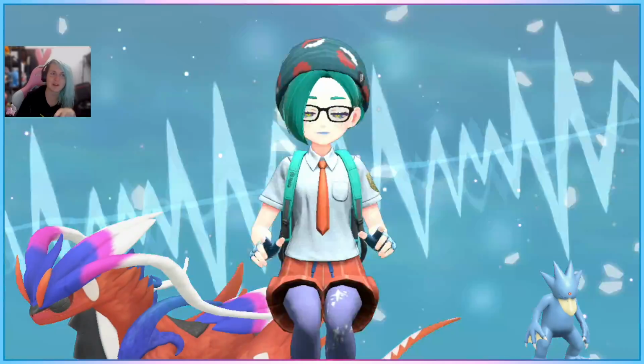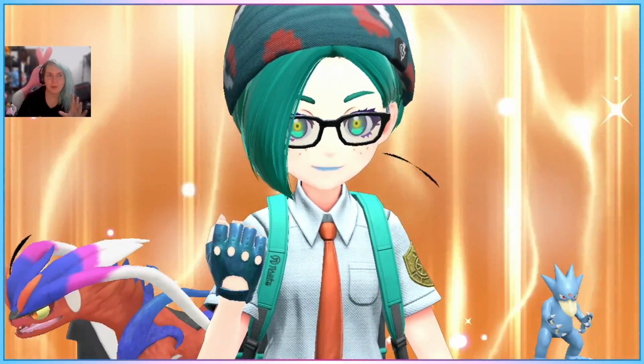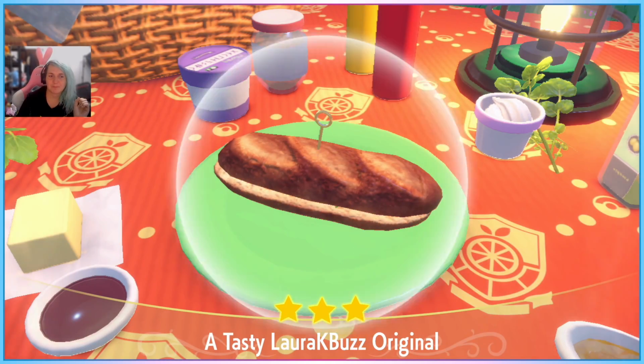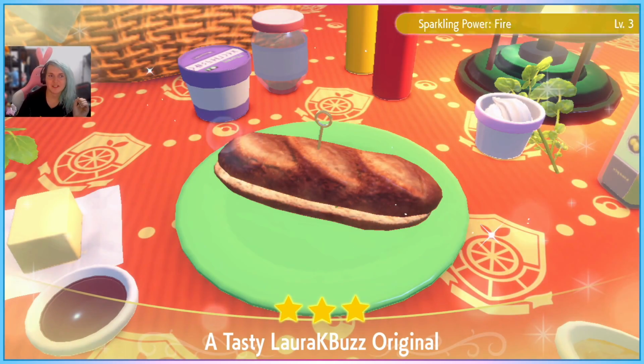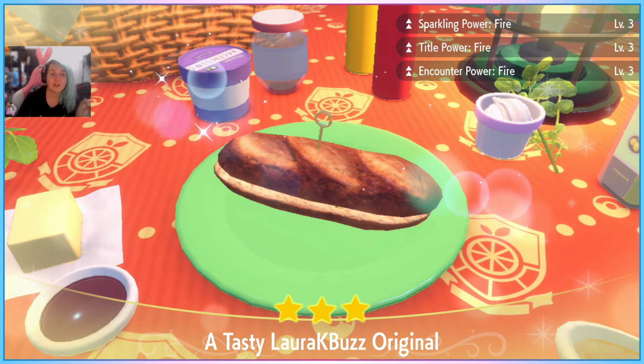This is a big investment getting the resources for this. And we should see level 3 in a bunch of fire type stats up in the top right in a sec. Let's see. Did I do it right? Sparkling Power Fire, that's our increased shiny odds. Title Power,